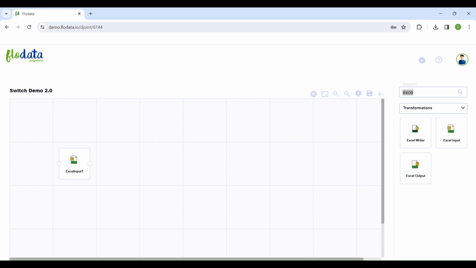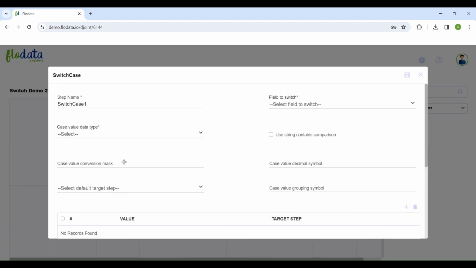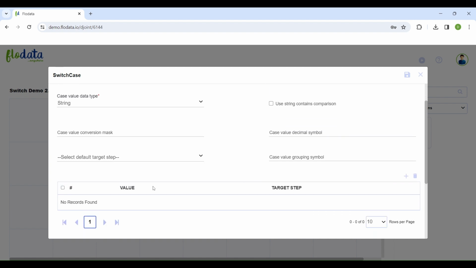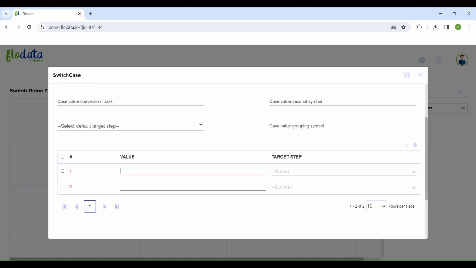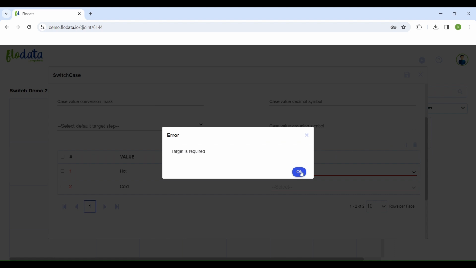Next, let's grab our switch case and connect it to our Excel input. Here, we'll select the case value data type as string and the field to switch as rating. You'll notice for this default target step, and then down below, when we are entering our values and selecting their target step mapping, we are unable to select them. This is because we haven't selected our targets. So, exit out of here,